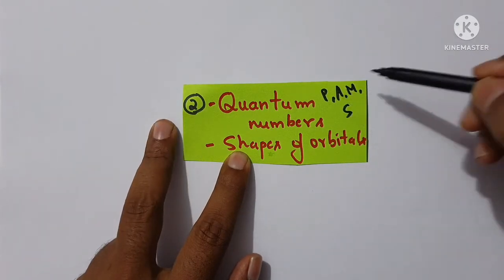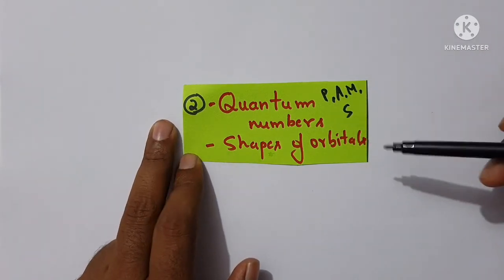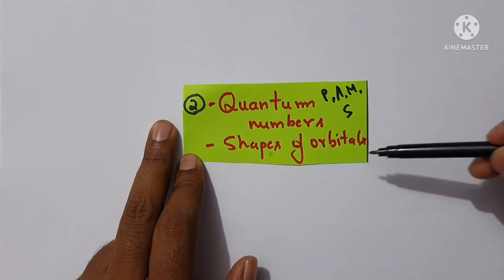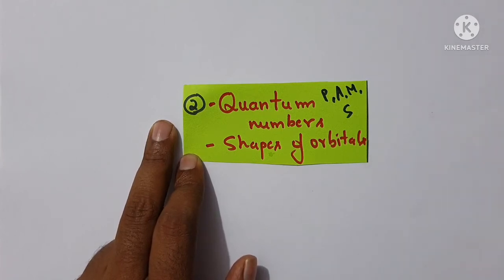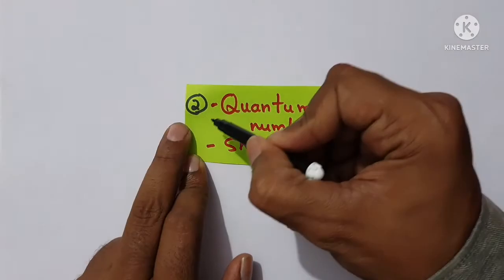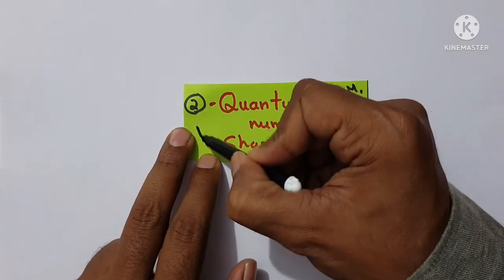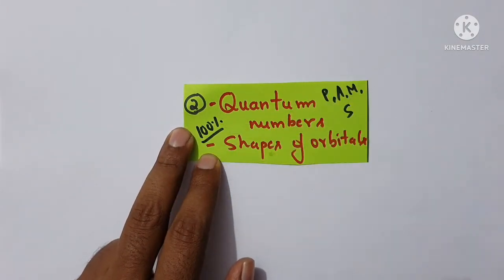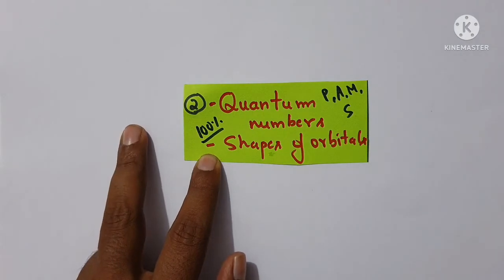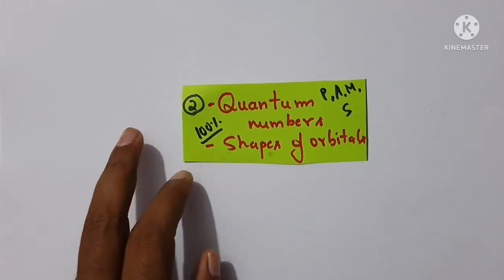Concentrate on these questions, and also have a note on shapes of orbitals, which is also very important and most repeatedly asked. I can say you will get around 100% a question based on quantum numbers and shapes of orbitals. We'll go for the next one,